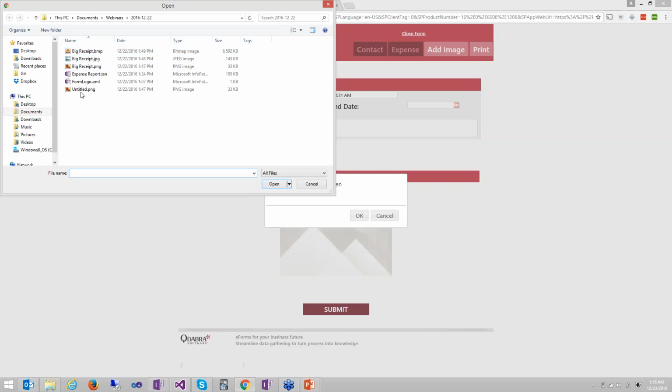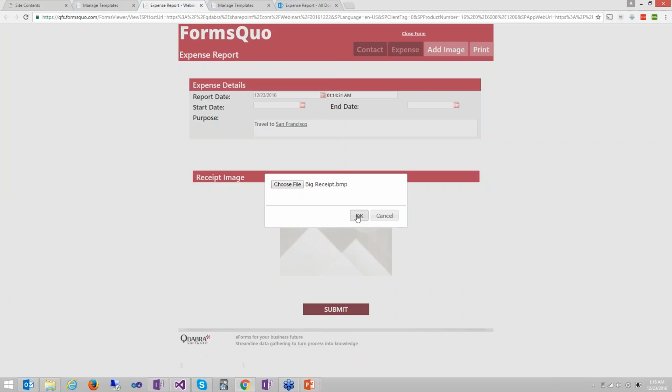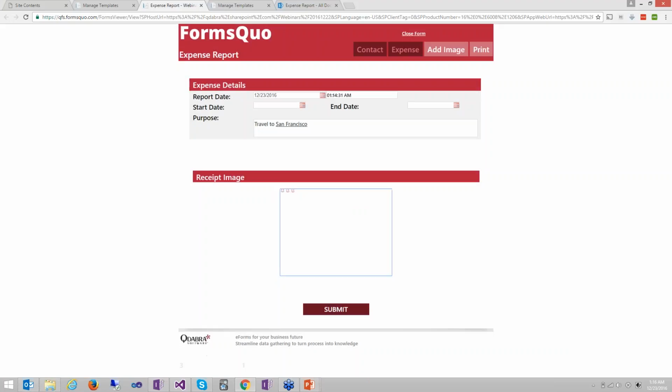So what we should be able to do now is attach this large 6 megabyte receipt for my expense report. Not so much a receipt, really. It has a couple of smiley faces in the top left, but it's 6 megabytes. And when I hit submit,